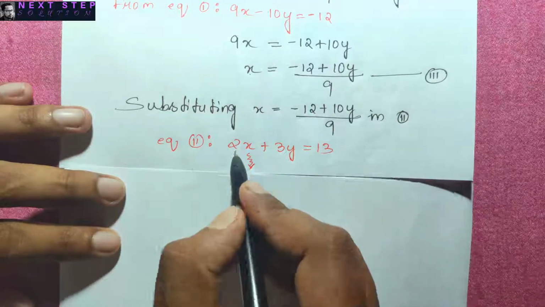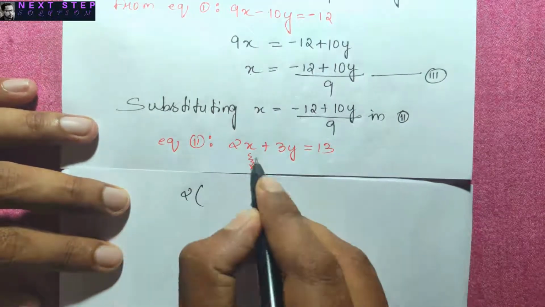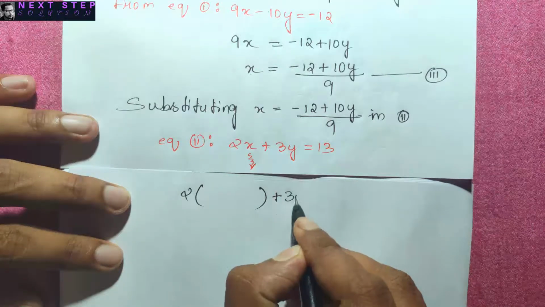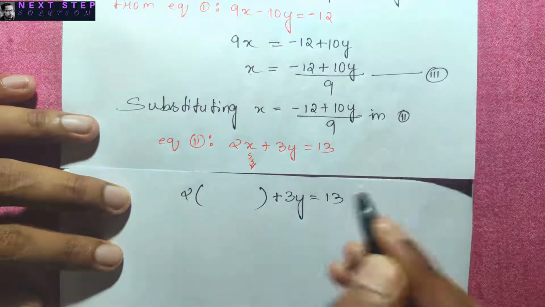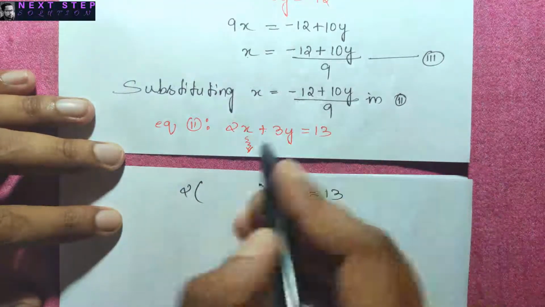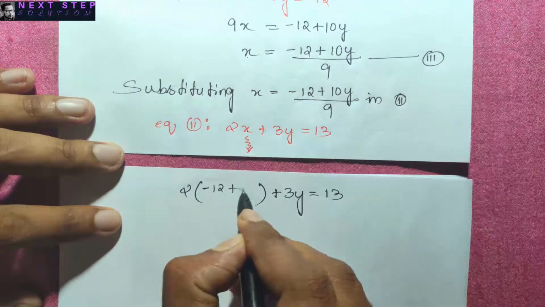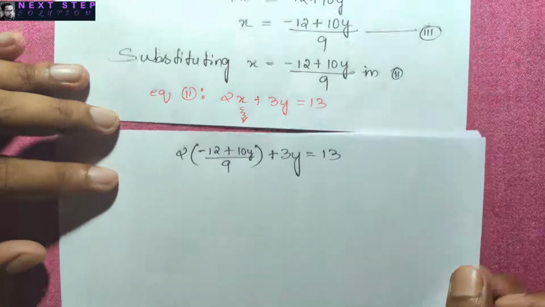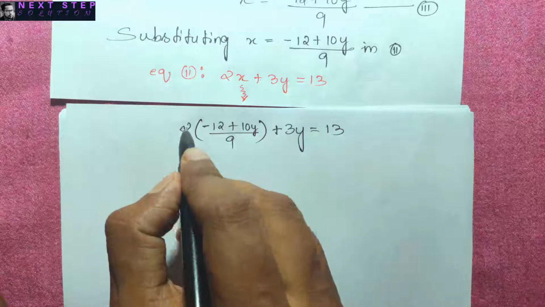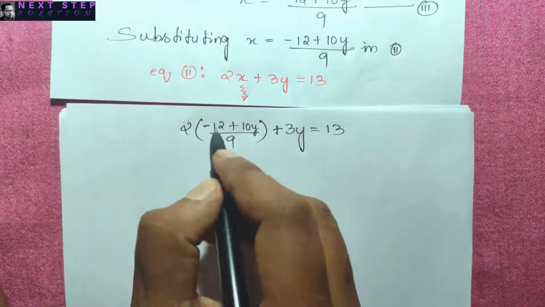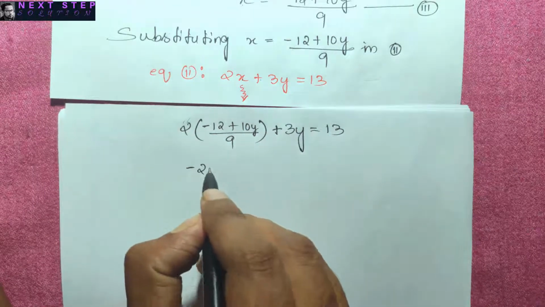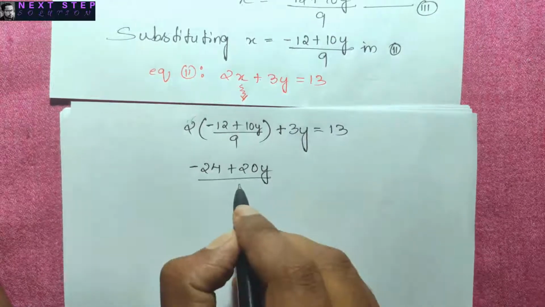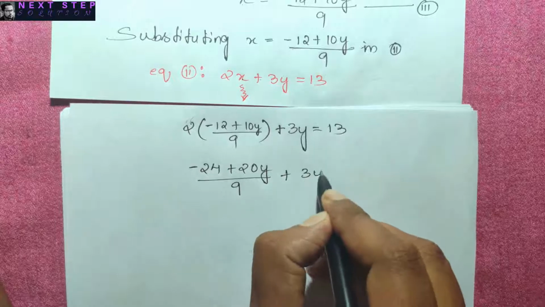So here we have 2 as it is. Instead of writing x, we will write down the value of x, plus will remain as it is, 3y will remain as it is, equals 13 will remain as it is. Now the value of x is minus 12 plus 10y divided by 9. Now to solve this, we need to remove the bracket. To remove the bracket, 2 will be multiplied with both of these. 2 into 12 makes it minus 24, plus 2 into 10 makes it 20y, divided by 9, plus 3y equals